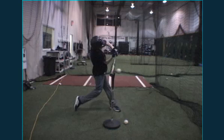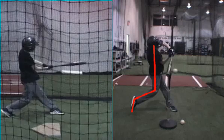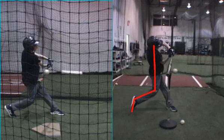He's not falling on his back foot. His back knee and leg are much stronger. His head's in a much better position, and we can even show him in this little before and after period here in terms of where he is starting at contact and then how he moves forward from here. So